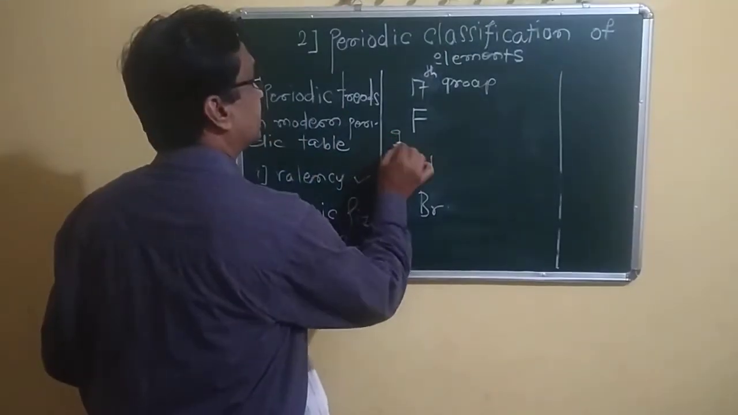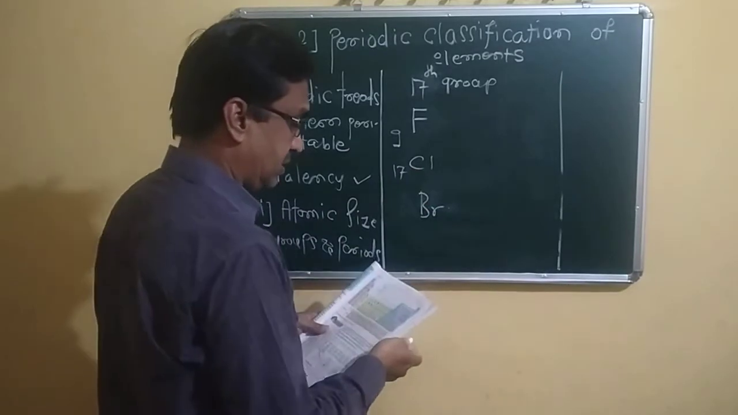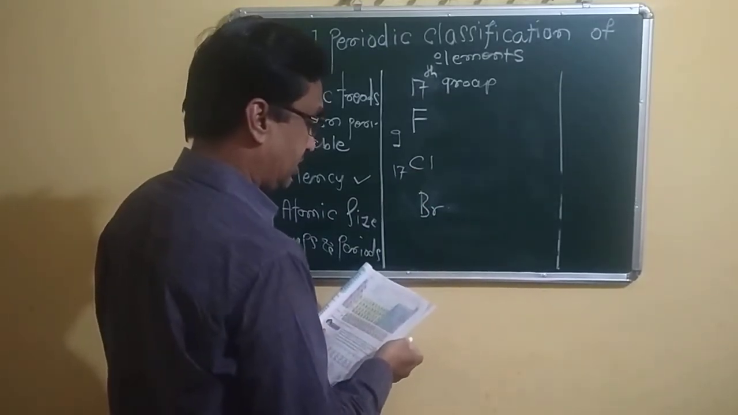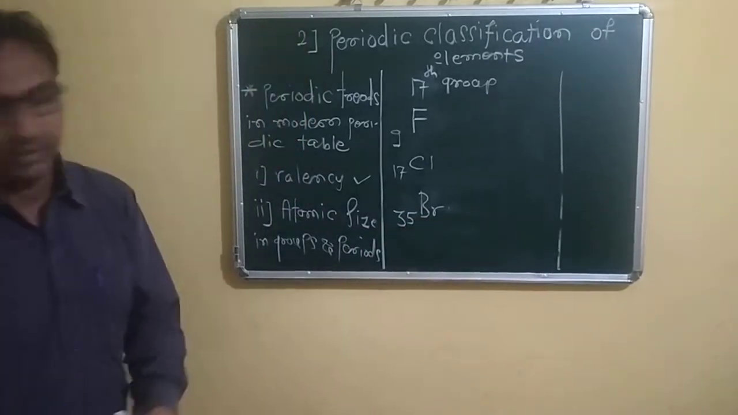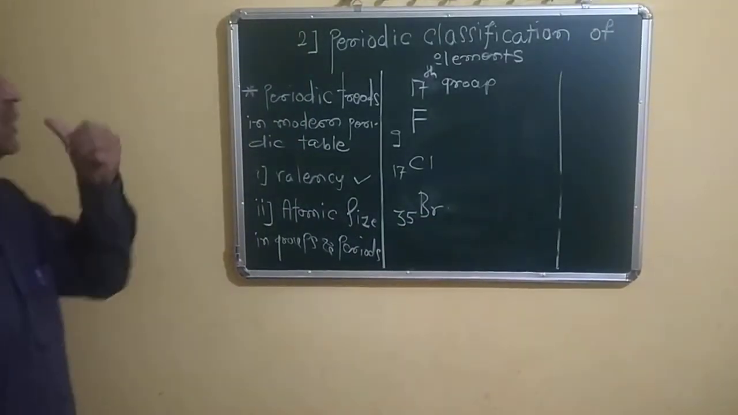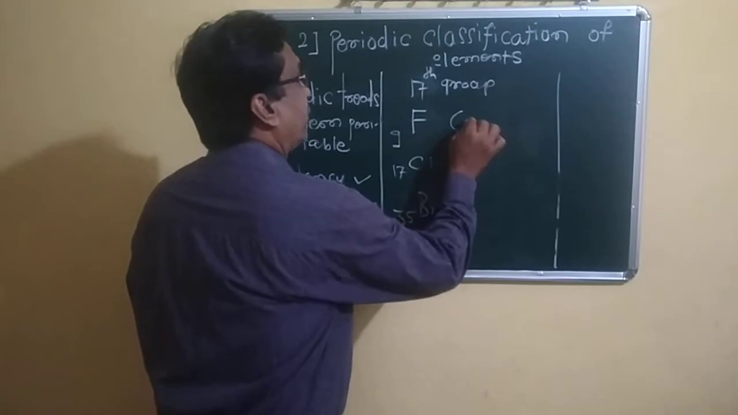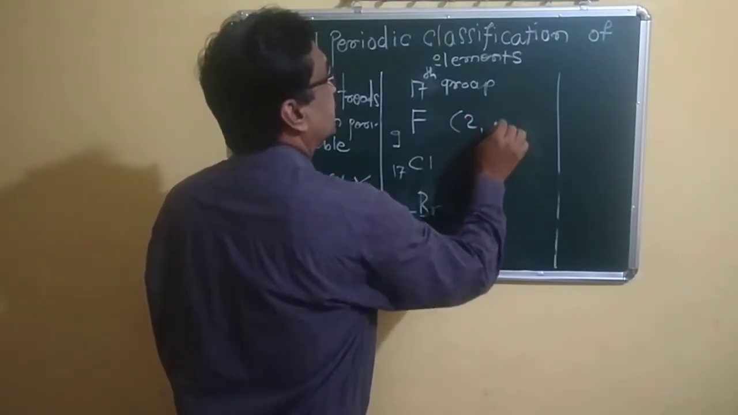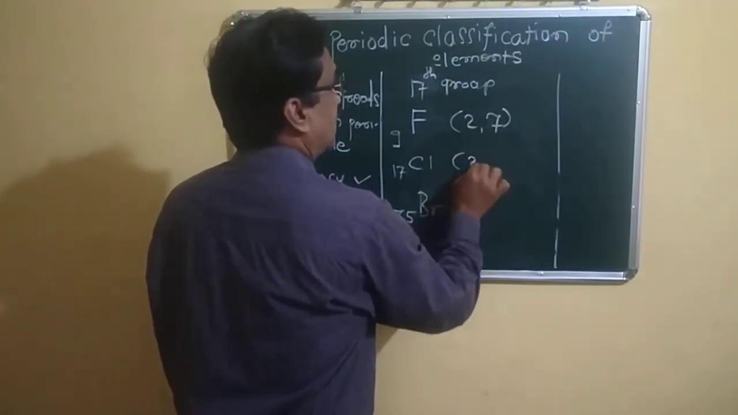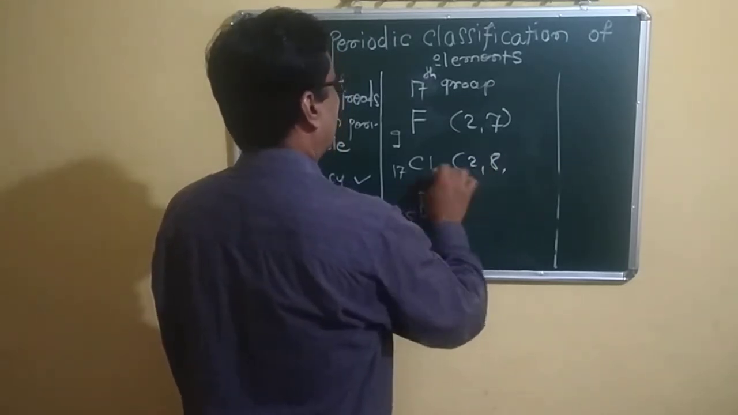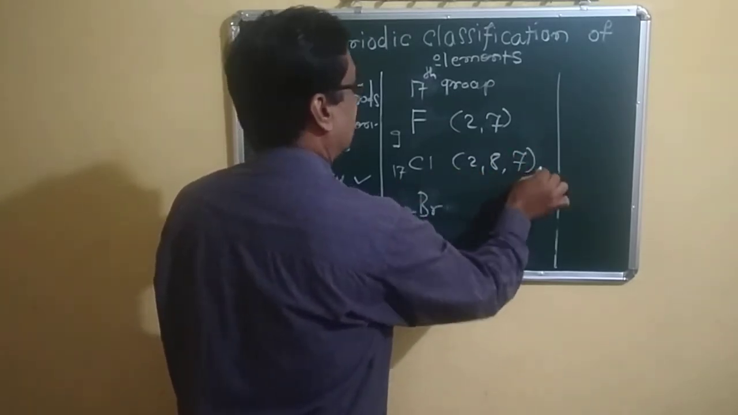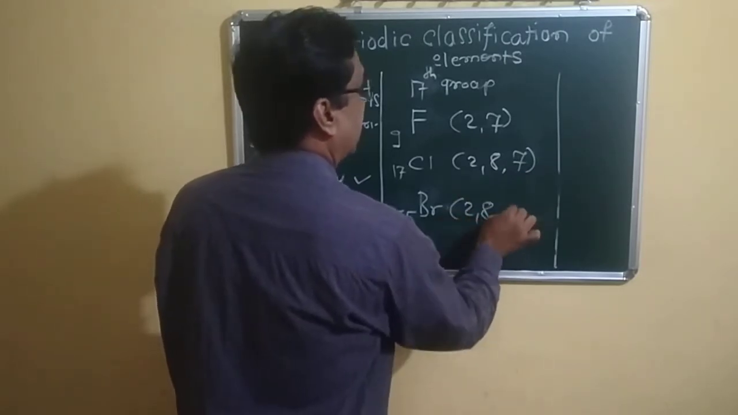9, 17, and 35. So its electronic configuration becomes 2, 7, 2, 8, 7, 2, 8, 8,